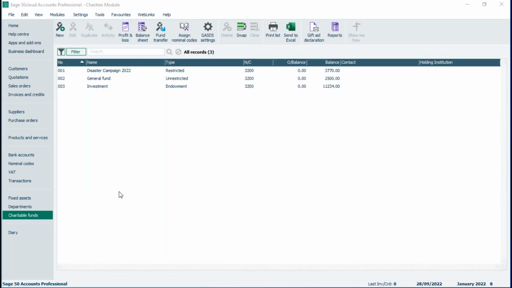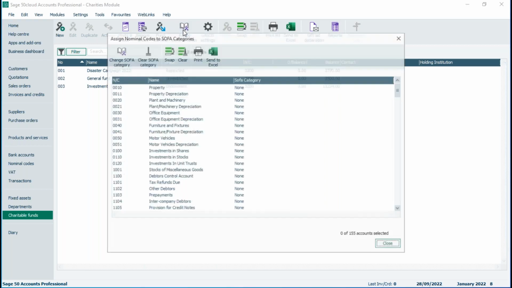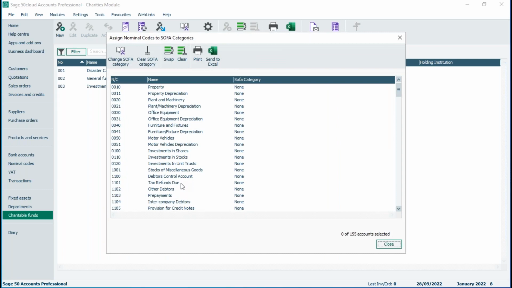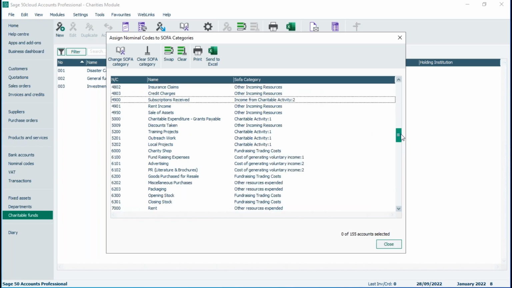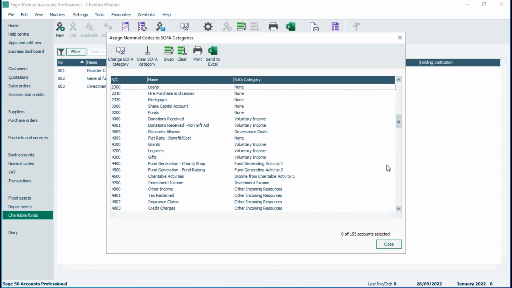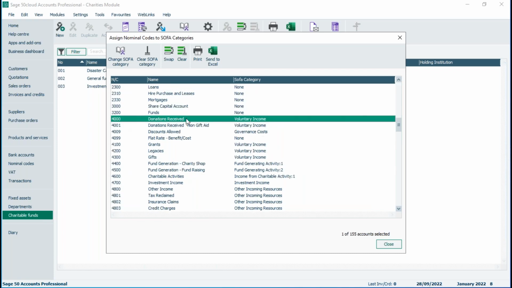Still within the charitable funds area, we've got the assign nominal codes option at the top here. That will give us the list of nominal ledger codes. As I mentioned, it's only the profit and loss codes, your income and your expenditure codes, that you should assign a SOFA category to. It's easy enough to do that. You can come down and find the relevant code. So let me just find, say, nominal 4,000 as an example. We've got that one. It's already assigned a SOFA category, but obviously when you first come in, it's going to say none all the way down. So it'd just be a case of you selecting it,